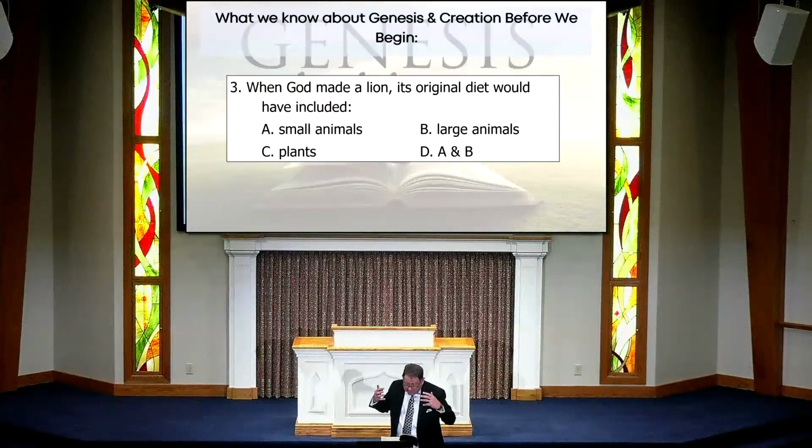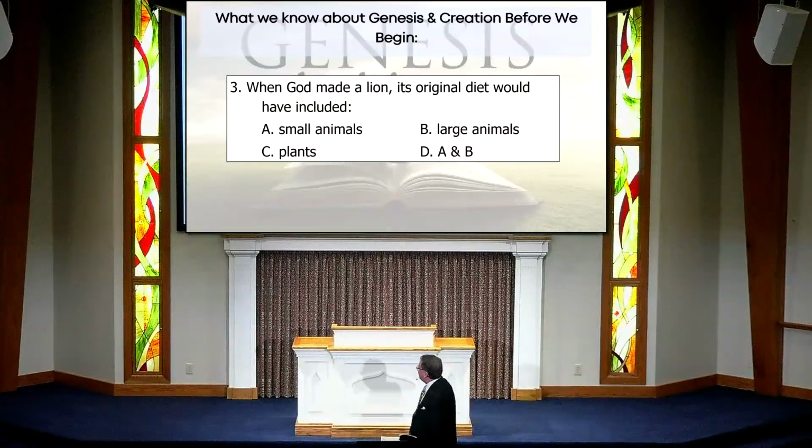Genesis chapter 1, look at verse 29 and verse 30. Then God said, behold, I have given you every plant yielding seed that's on the surface of all the earth, and every tree which has fruit yielding seed, it shall be food for you, and to every beast of the earth, and to every bird of the sky, and to everything that moves on the earth, which has life, I have given every green plant for food, and it was so. So originally, everything was vegetarian. And again, it's not how I heard things. That's why we look at the Bible.